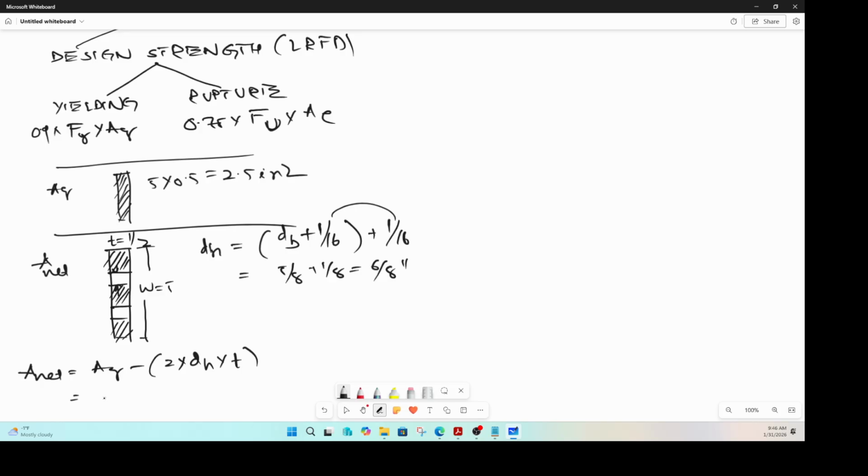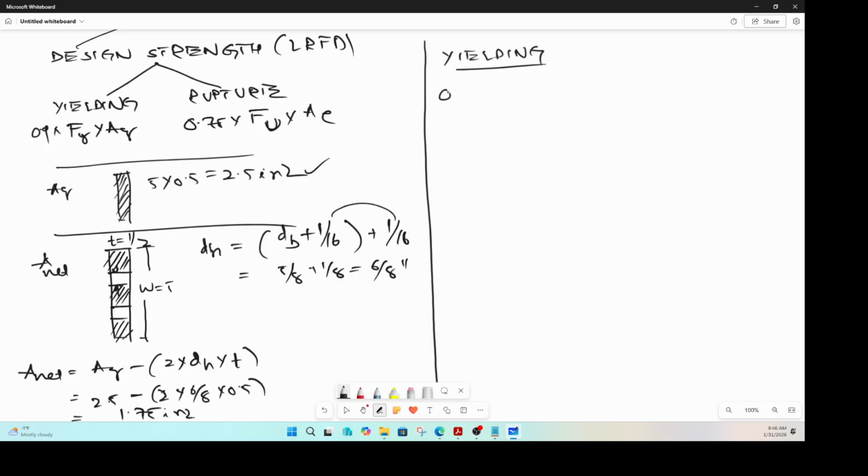So you put the DH here. AG is 2.5 inch square. That is the gross area, minus 2 times the diameter of hole, which is 6 by 8 times the thickness of plate, 0.5, and you end up with 1.75 inch square. Okay, so yielding,